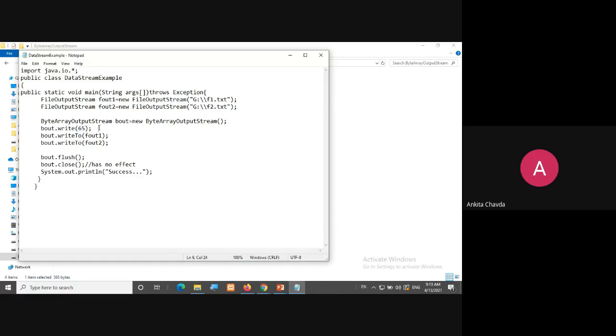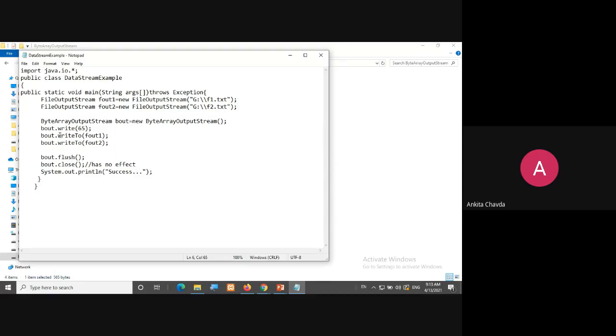Now the 65 I have written into my byte array output stream. And from that stream, I wish to write the common data to both the files at a time, f1 and f2. I wish to write common data to multiple files.